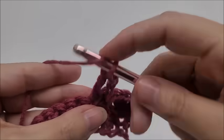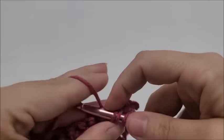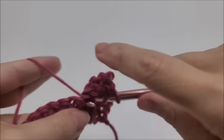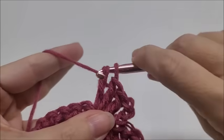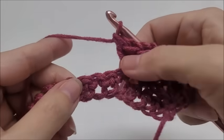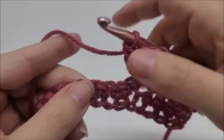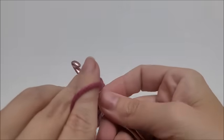There's 1, 2, and 3, and then we're going to repeat that again. So we're going to skip 3: 1, 2, 3, skip, skip, skip, and in the next one we're going to